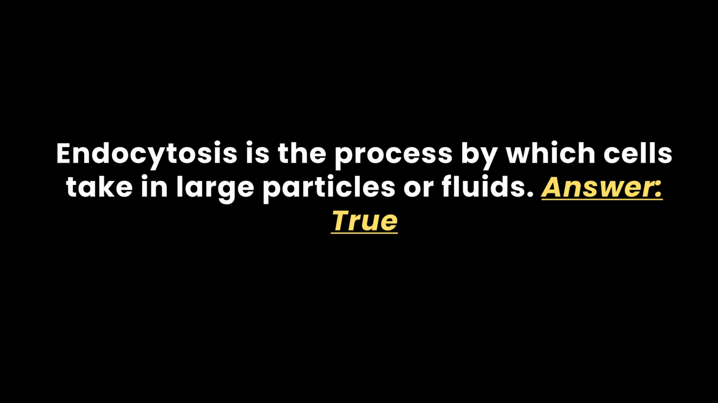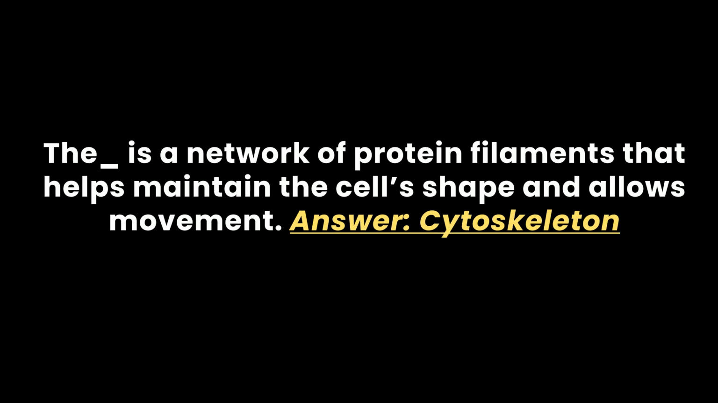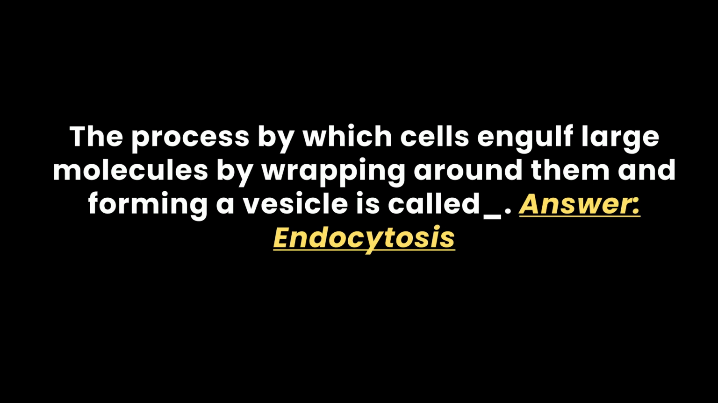Answer: true. Fill in the blank questions. The underscore is the site of photosynthesis in plant cells. Answer: chloroplast. The underscore is a network of protein filaments that helps maintain the cell's shape and allows movement. Answer: cytoskeleton. The process by which cells engulf large molecules by wrapping around them and forming a vesicle is called